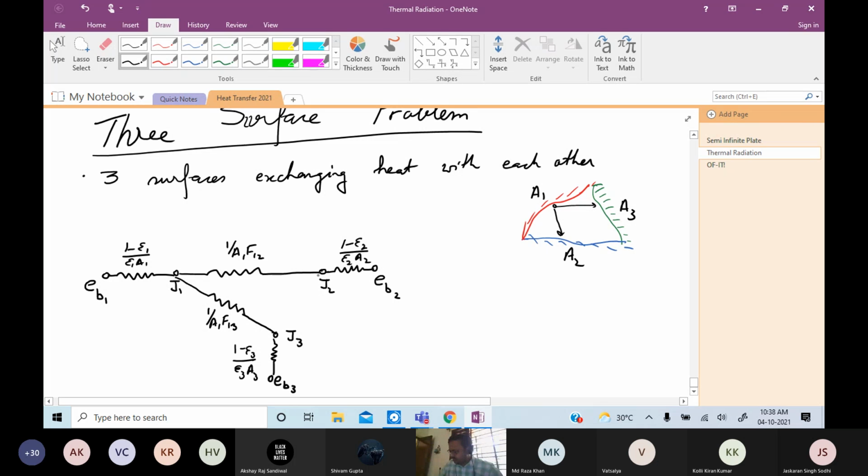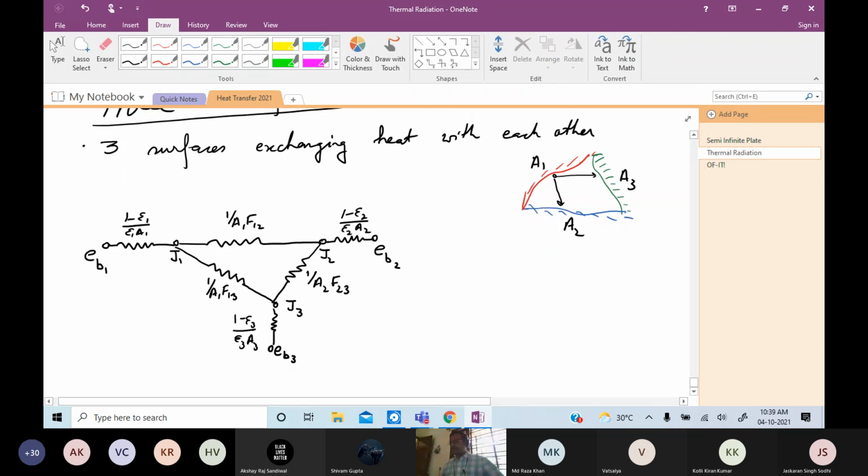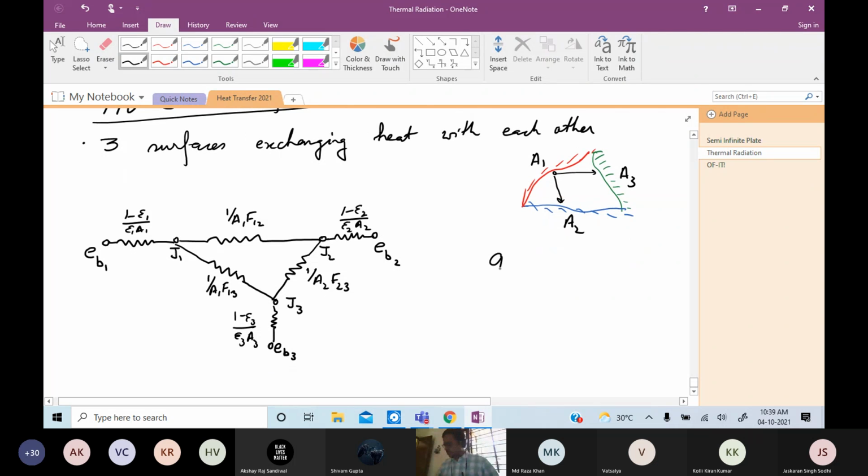And here again, you have 1 over A2 F23. Okay. So Q1 to 2 would be J1 minus J2 divided by 1 over A1 F12. Q1 to 3